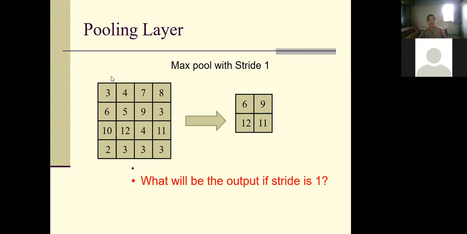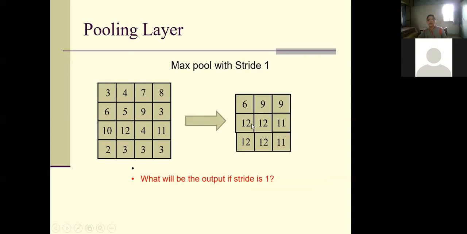So if your stride is 1, first we will consider this row, then this is the next one, and this is the third one, right? So your resultant image size will be 3 by 3. Okay. So you will get these results. If we consider again max pooling with stride 1, first you will be considering this 2 by 2 region, as the mask size is 2 by 2. So the max value from this 2 by 2 region is 6.